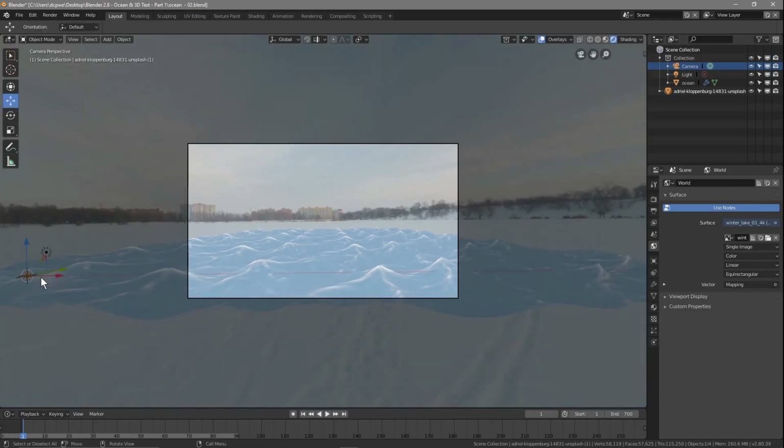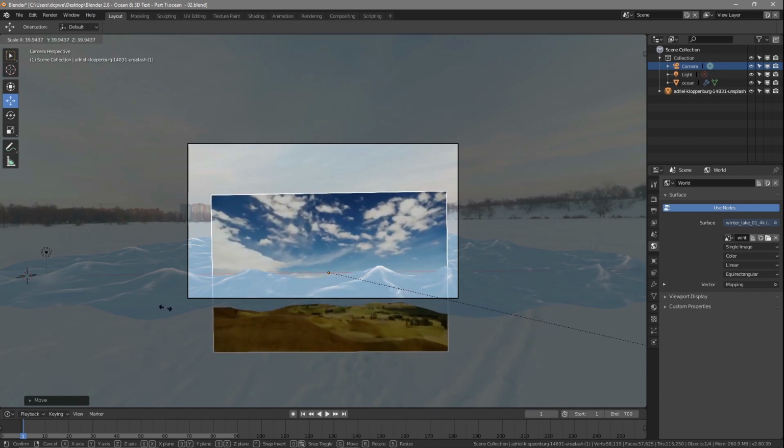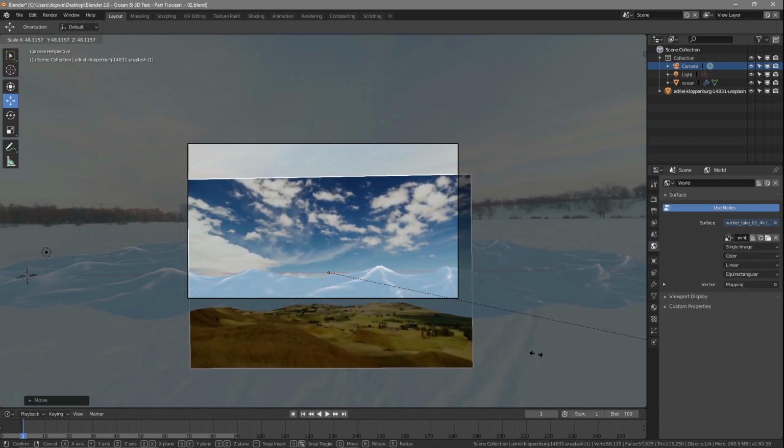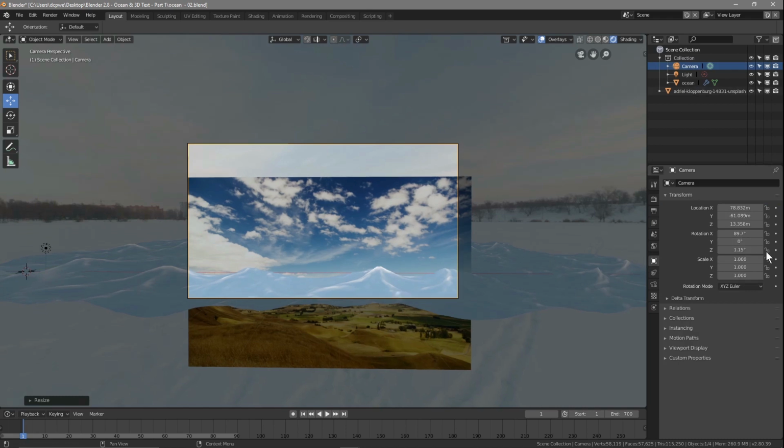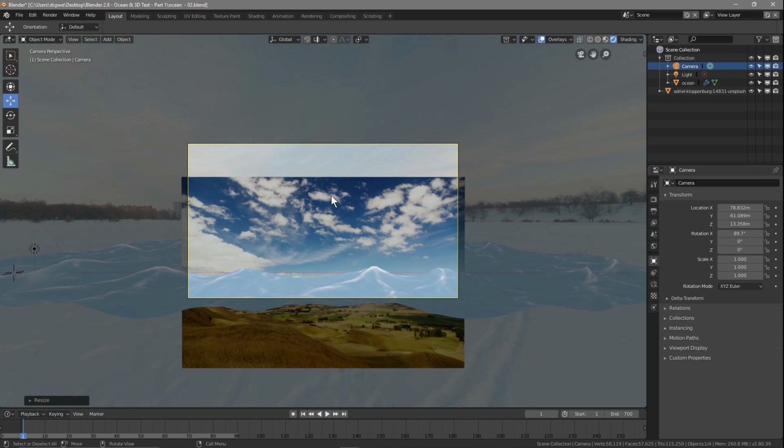So let's use the move tool and move it over towards the center of the camera, and then press S to scale and scale it all the way up. Scale it up quite big because we're going to have to move this anyway. So let's click on the camera for a second. Let's go to the camera settings, and then on the Y let's set it to 0, and on the Z axis let's set that to 0 on the rotation, so the image will be nice and straight now. Then we can click on this picture. Let's just call it sky background,